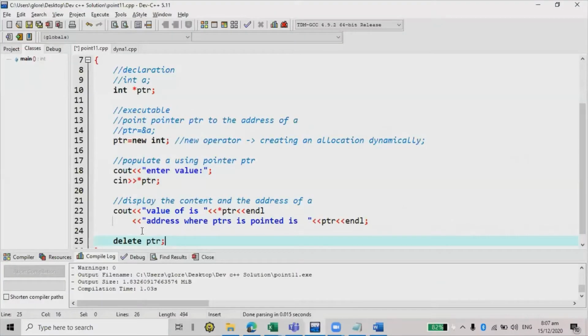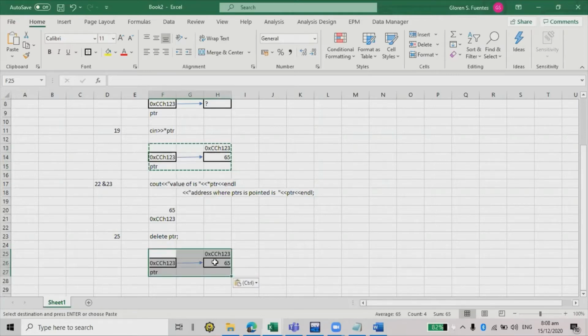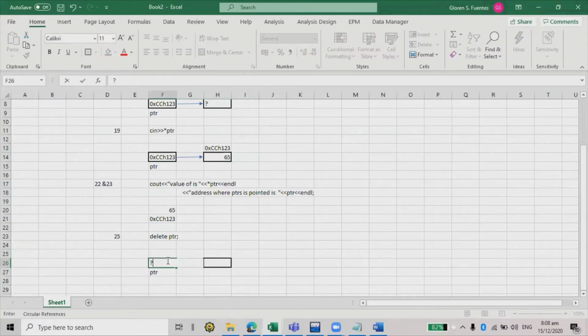So in line 25, you use delete PTR. Okay, so what will happen? So if this is the state of my PTR, pointed to this allocation, if I'm going to use delete, what will happen is mawawala ito, tatanggal ito, ibig sabihin, ito magiging question mark